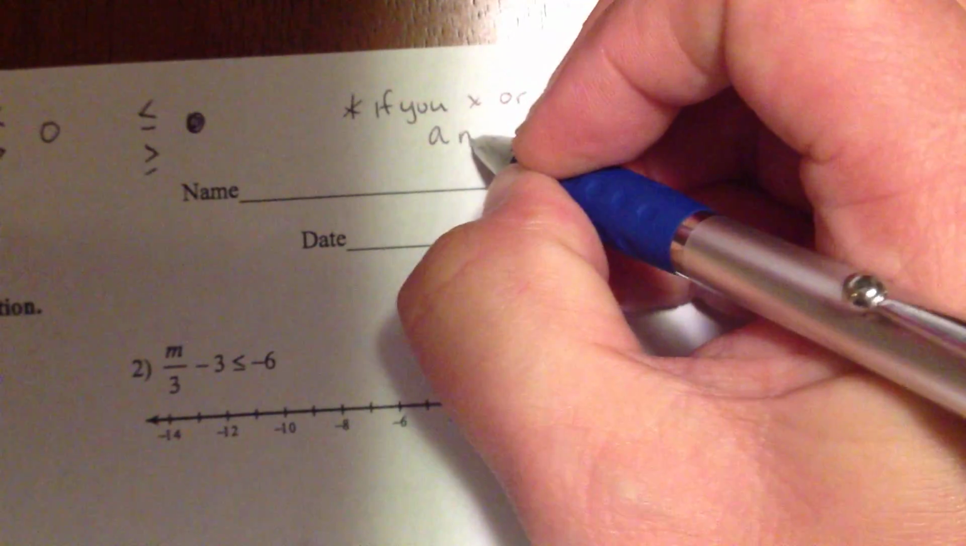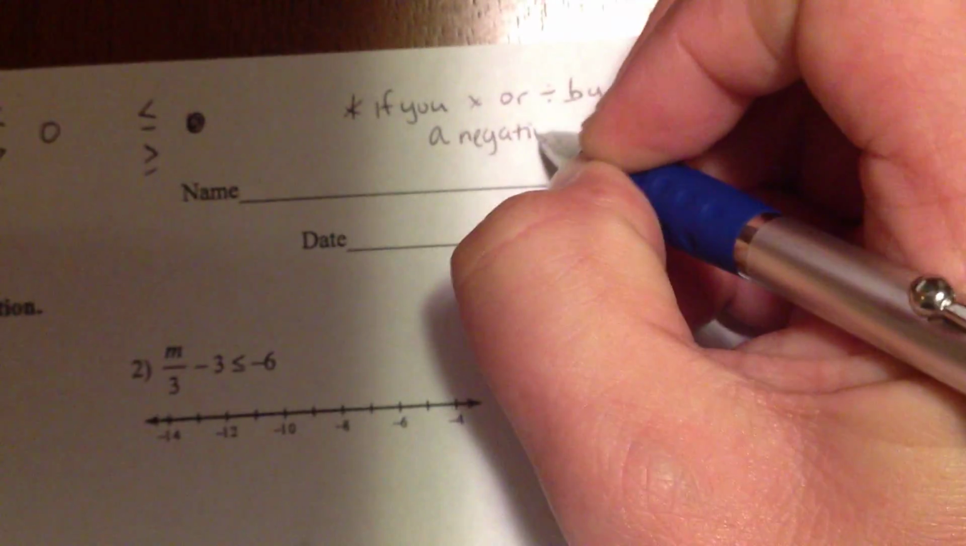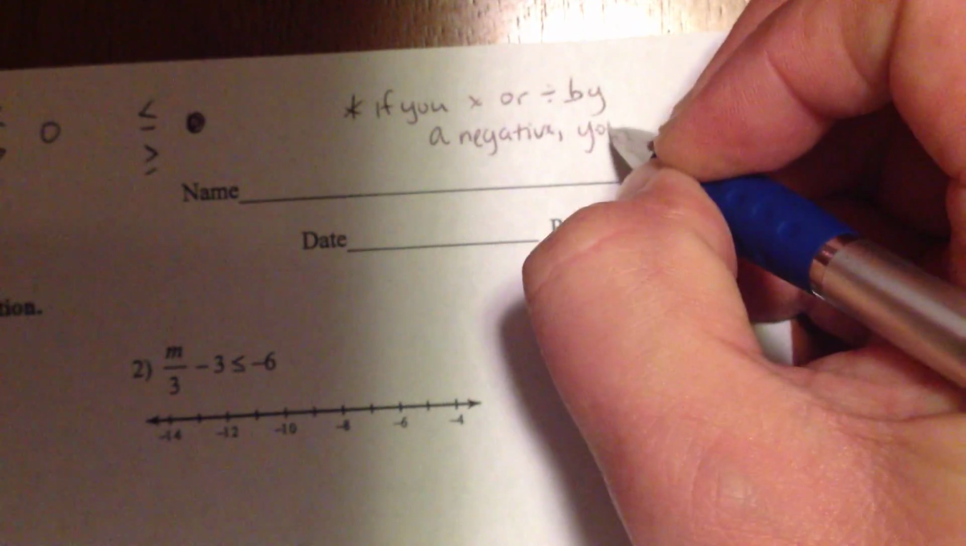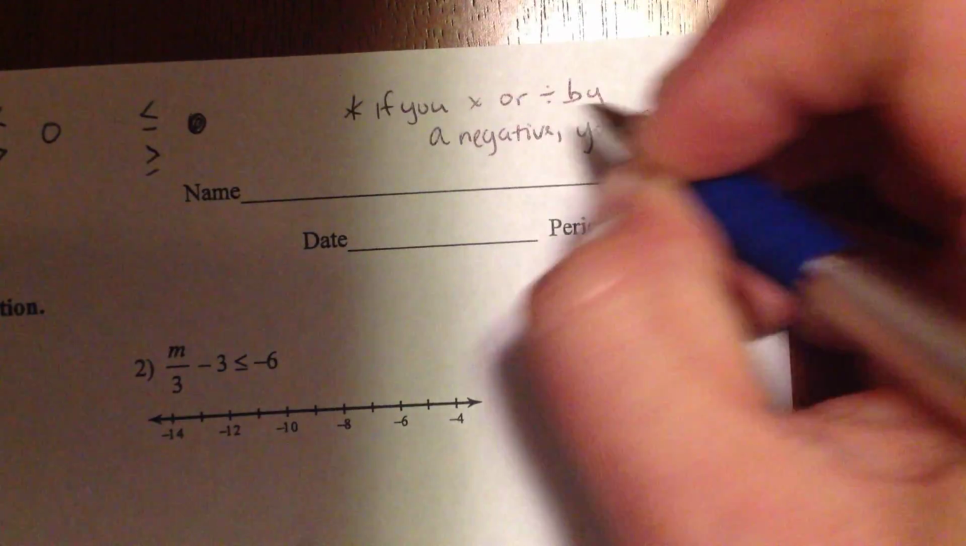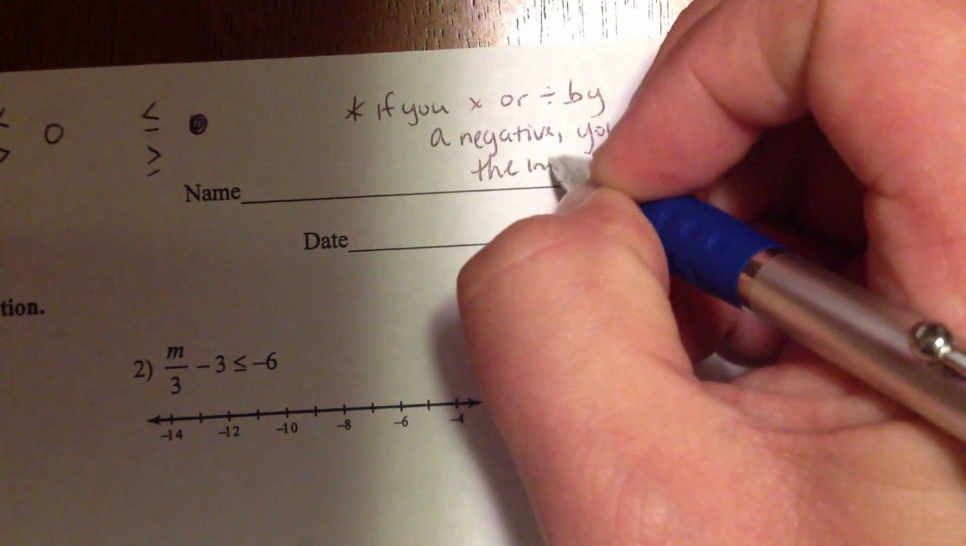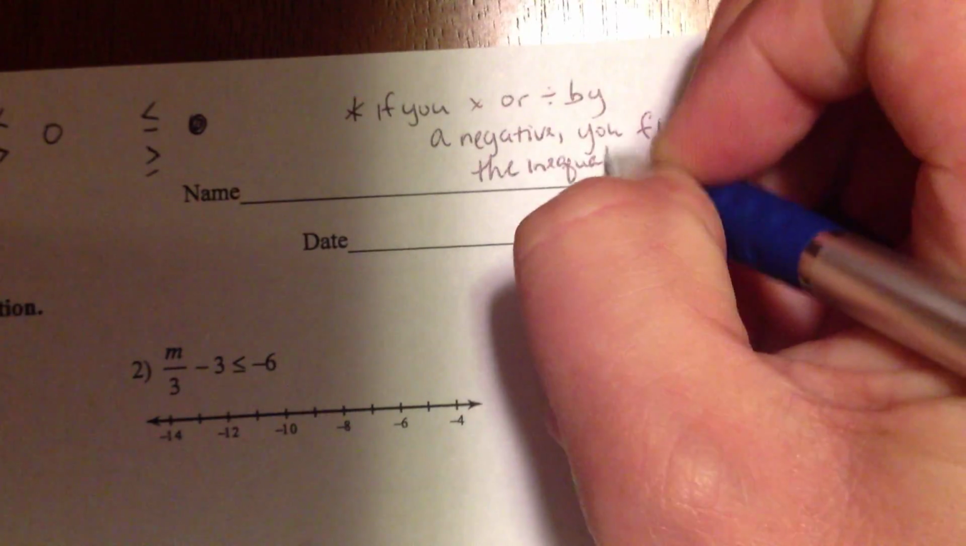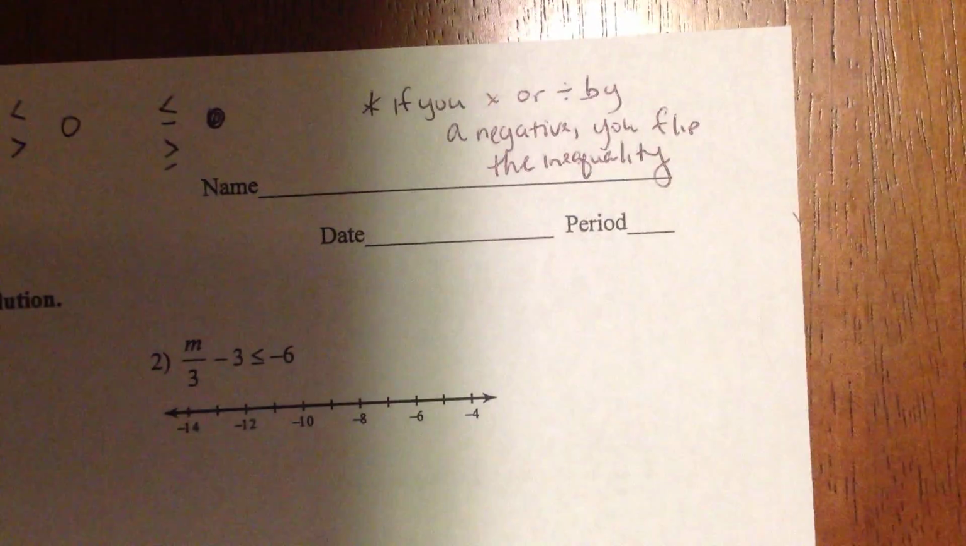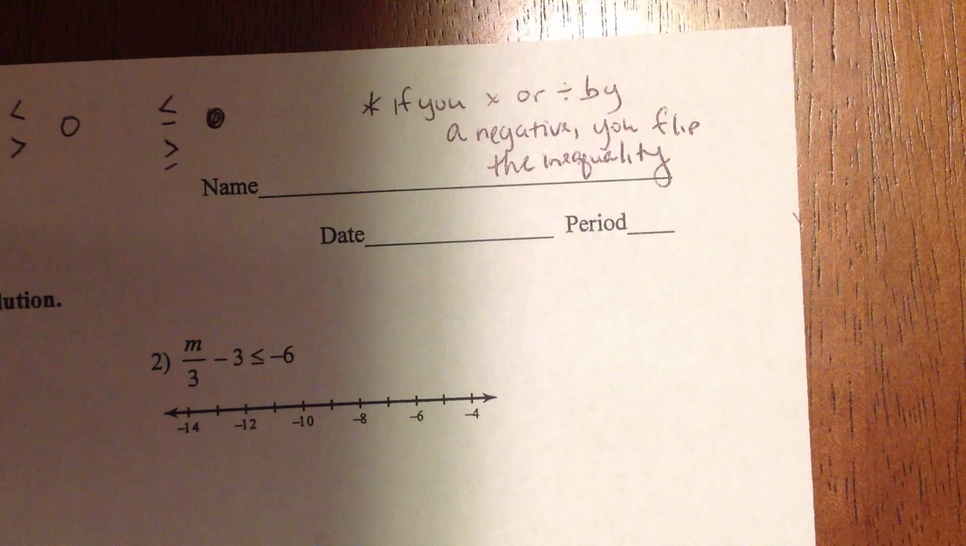And again, if you multiply or divide by a negative, you flip the inequality. So if you multiply or divide by a negative, you flip the inequality. Alright, let's try one. So in question number 1,